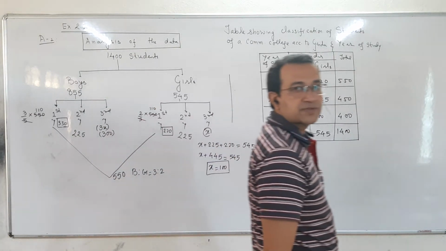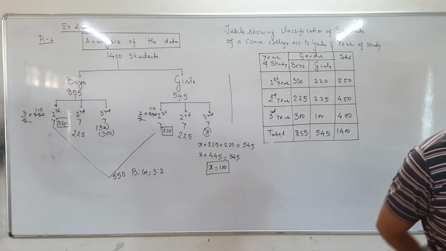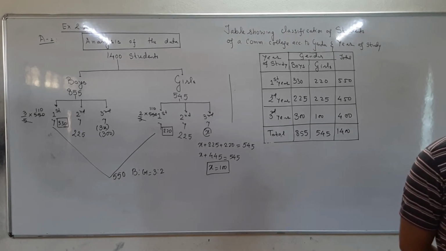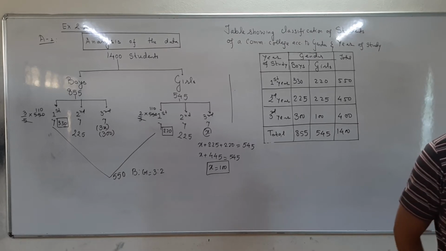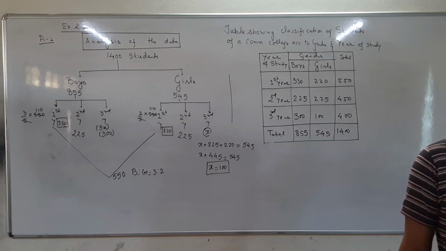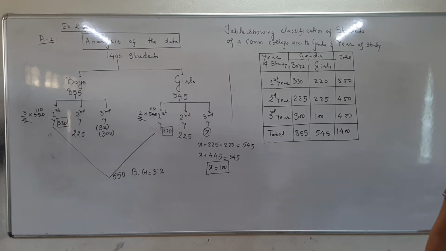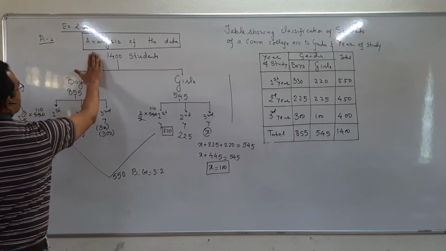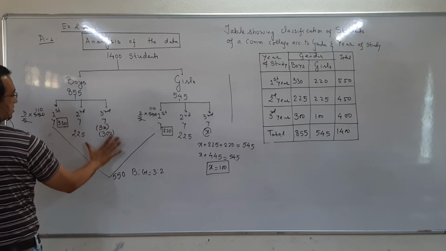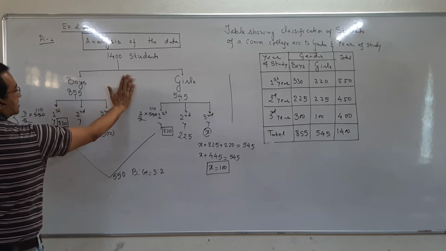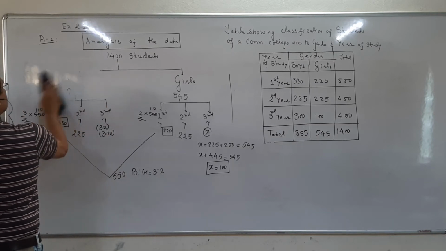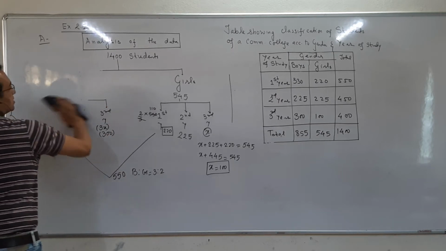So, in this type of sum, students, we don't have any prescribed formula. It is purely based on your general knowledge. So you have to be very careful, students, in doing the sums of this type. This is the main part of the sum, analysis of the data. This is called rough table. This analysis is specifically done to find out the hidden information. Okay, students, we will go for sum number 2.